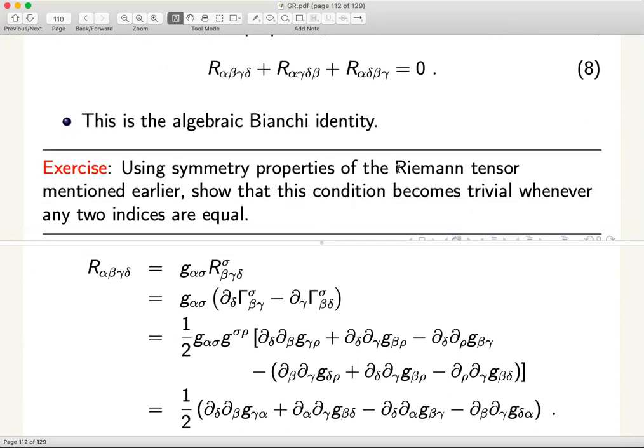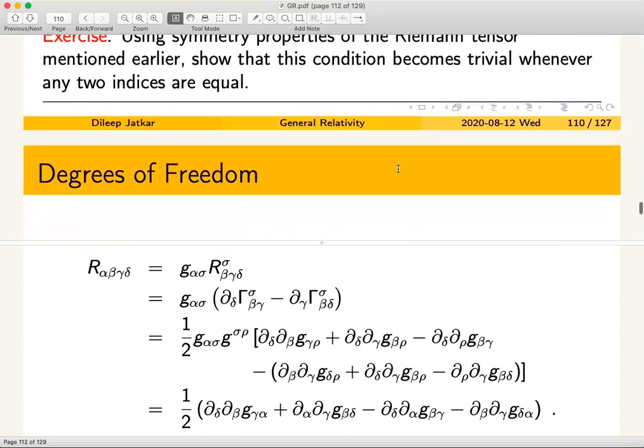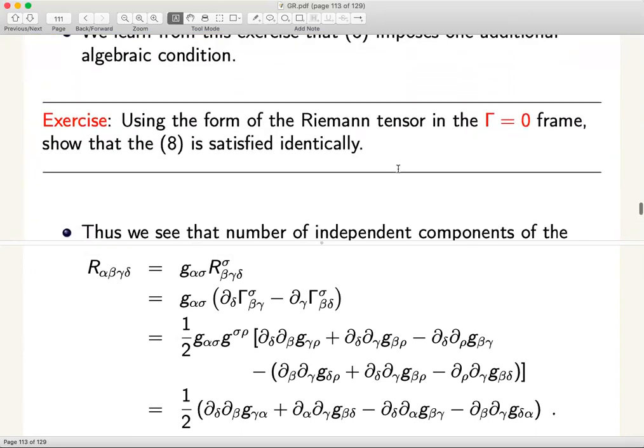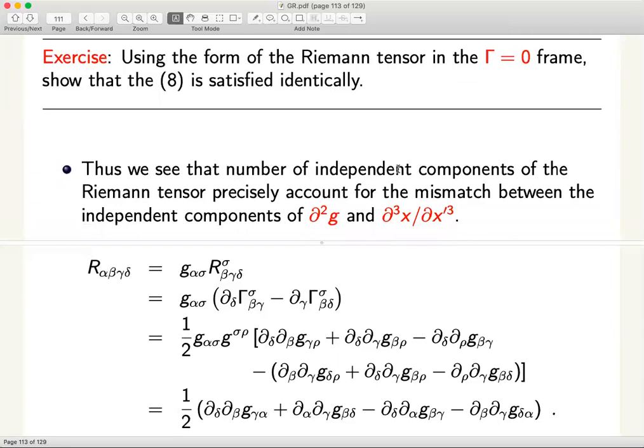Now the advantage of this is that the Riemann tensor is a tensor, so you have shown this identity to be true in one coordinate system, therefore it's true in all coordinate systems. So we don't need to prove it again. In fact, we will not try to prove it in any arbitrary coordinate system. We have already proved it in all. Is that fine?